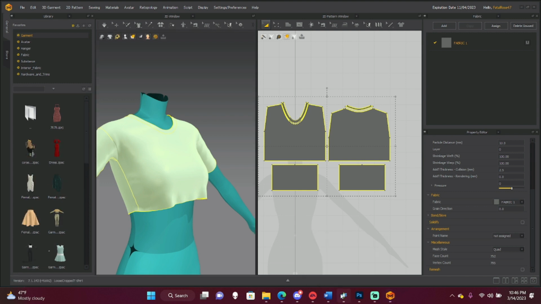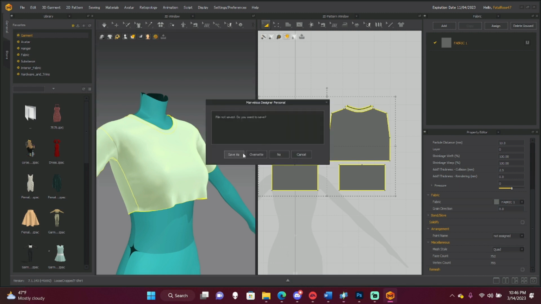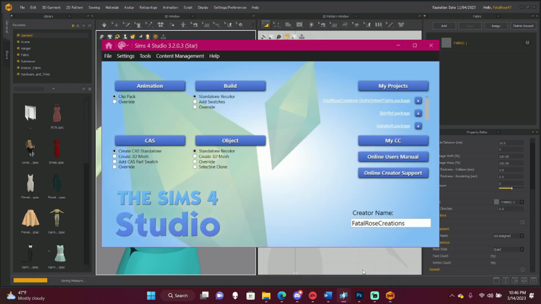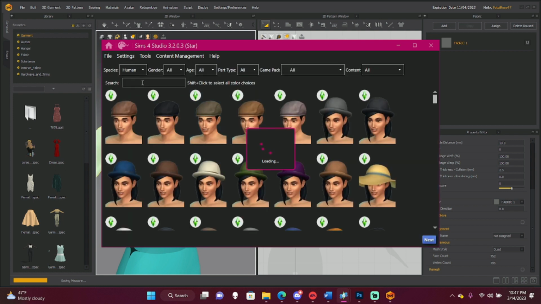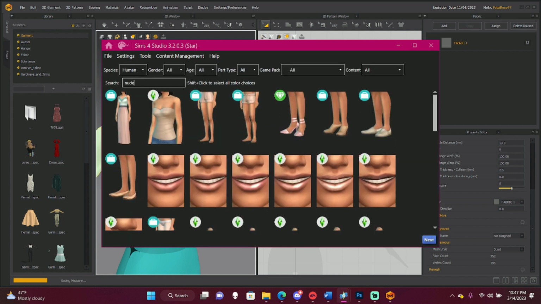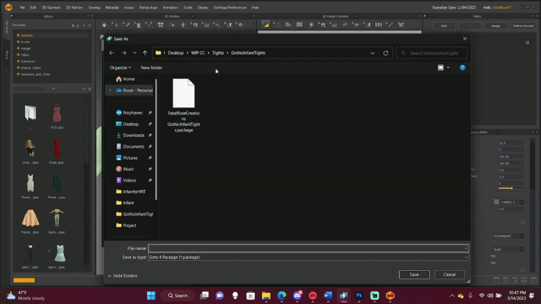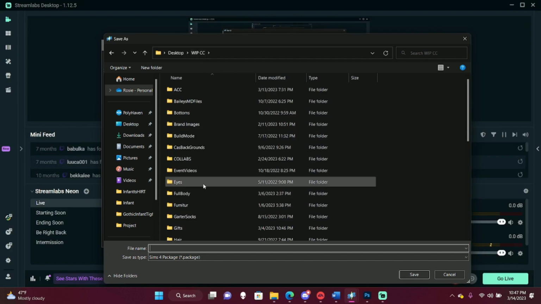Now we're going to open up Sims 4 Studio, and we can close Marvelous Designer. We're going to go to Cast, Create 3D Mesh, and then we're just going to search nude and get a nude body or nude female top.